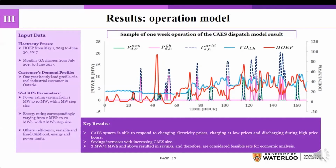Thus, in the base period, the peak demand factor of the customer is determined and then applied in the payment period, or adjustment period, to determine the monthly GA of the customer. That's why we have 2 years of customer's load profile, 2 years of GA, 2 years of HOEP to capture the base period when the peak is measured, and then the adjustment period when the payments will be made. The key findings include that